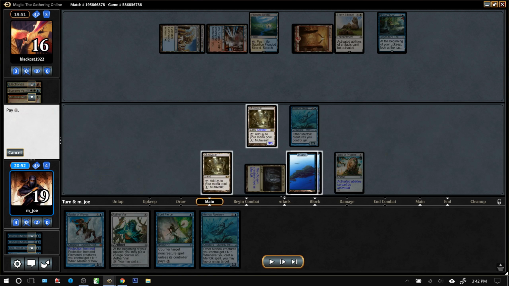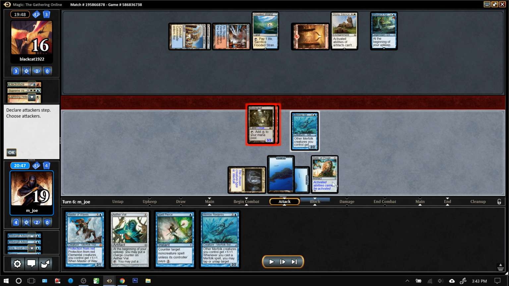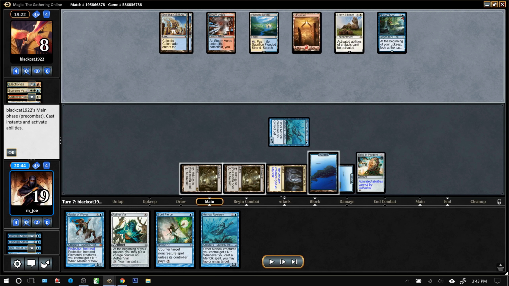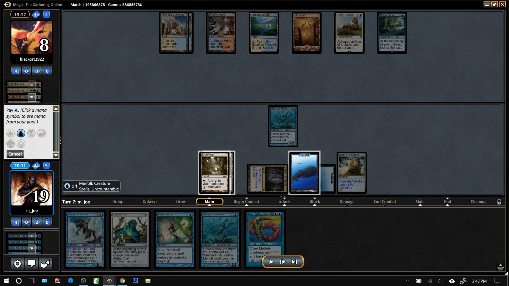Let's go ahead and activate our Mutavault and just crack in for 8 here. If the opponent could have killed Reejerey on their turn, they probably would have, since they remain phasing the Lightning Helix. And this is a 2-turn clock as it stands. No real reason to commit more creatures to the board. Okay. Opponent draws a card and passes. I'm going to play out...